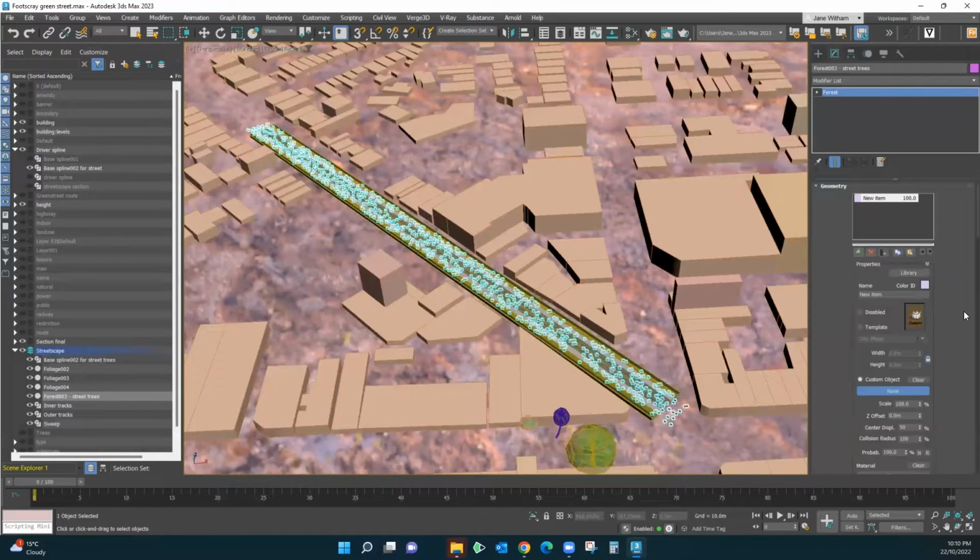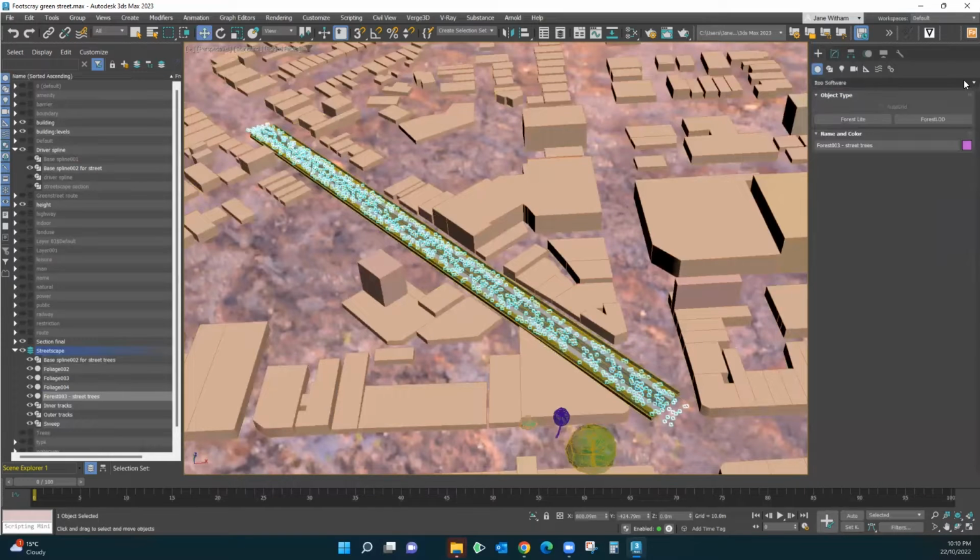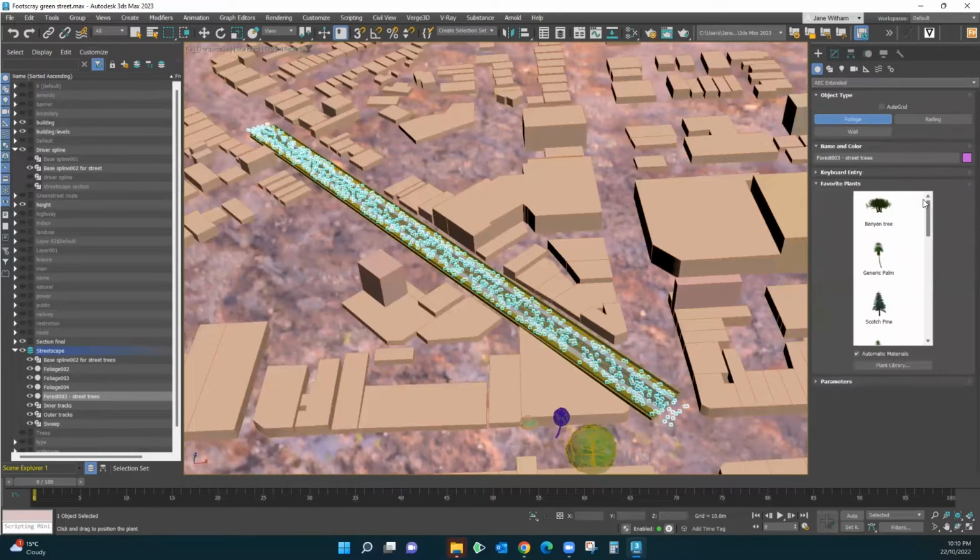representing trees. So you'll notice I've just added some basic trees in 3ds Max, just using the AEC extended option. If you click on foliage, you can find some basic trees. So I've just popped a few in there. So if we go back to our forest layer,